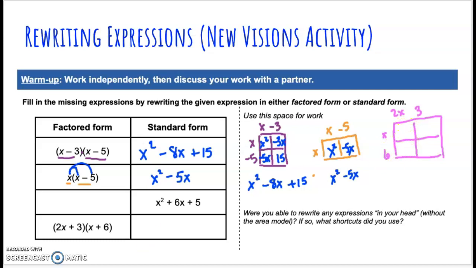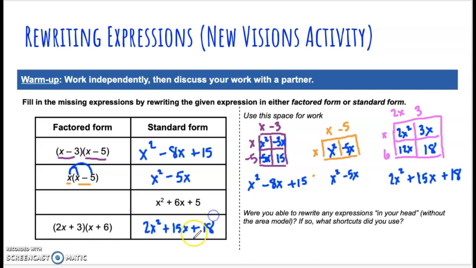And go ahead and multiply to see what your final polynomial is. So 2x times x is 2x squared. 3 times x is 3x. 2x times 6 gives me 12x. And 3 times 6, that's going to give me 18. All right, so I'm going to combine my like terms. So I've got 2x squared, 12x, and 3x. That's going to give me 15x plus 18. So I've got 2x squared plus 15x